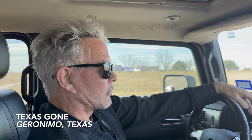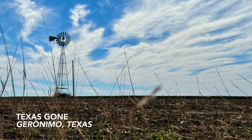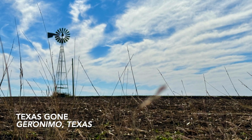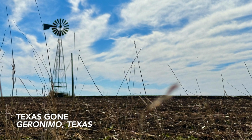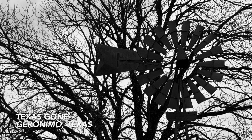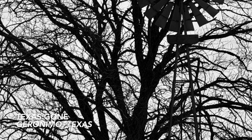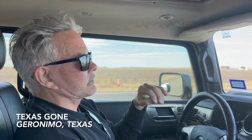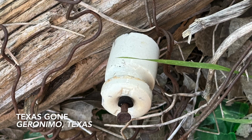Today Terry and I are out driving around in Guadalupe and Caldwell County. We're looking for a little town, Geronimo, which is right in front of us. There's been activity here for hundreds of years, dating back to the 1700s with the Apache and Comanches using this area. There was a spring here and a creek here. In the early 1700s, they were using it. By the late 1700s and early 1800s, this was Spanish occupied and